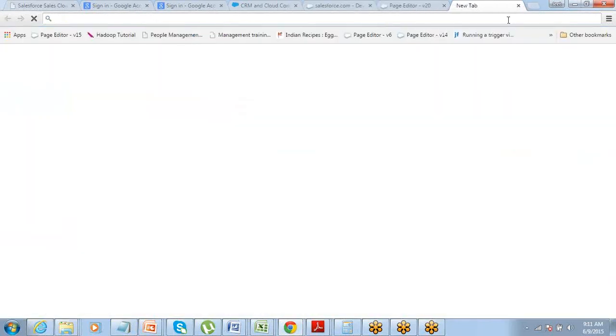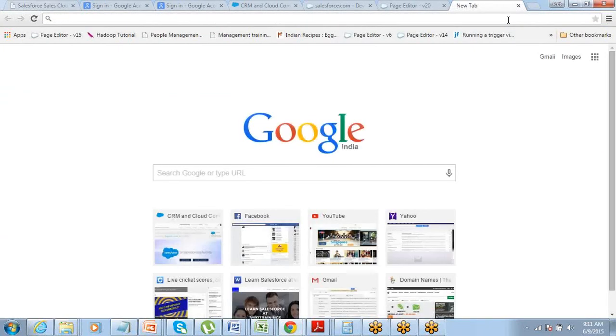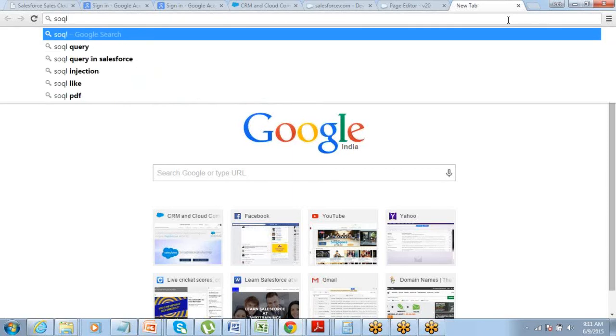I'm gonna share with you a reference guide for SOQL and SOSL. Basically, writing a query is simple, but at times you need help, primarily with the syntax. So you have a nice document from Salesforce, the SOSL and SOQL reference guide.